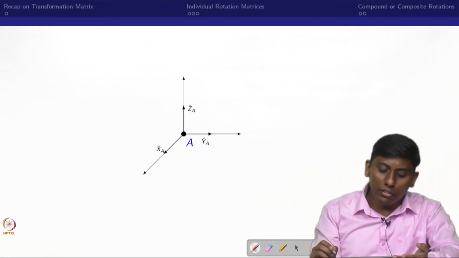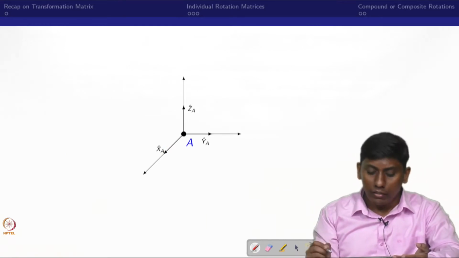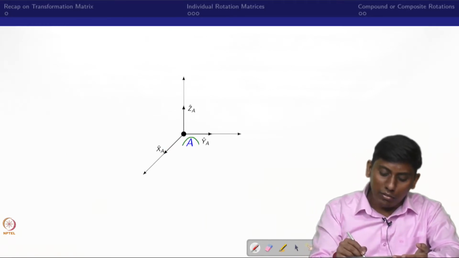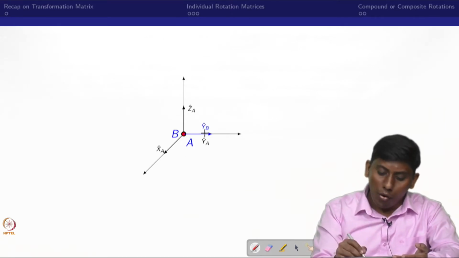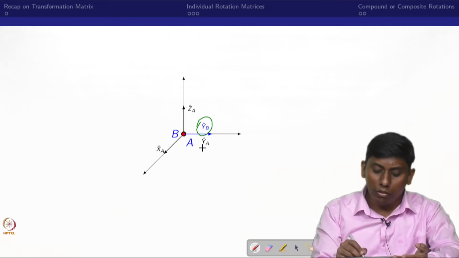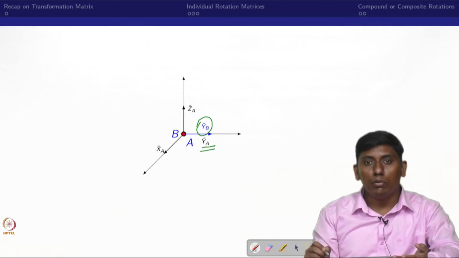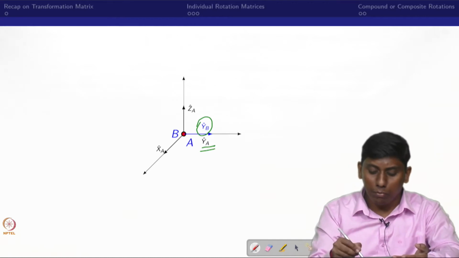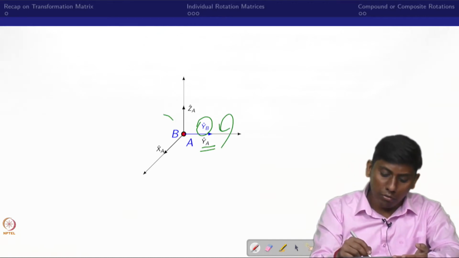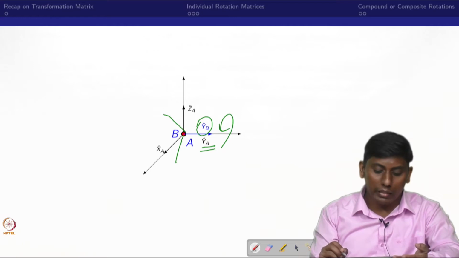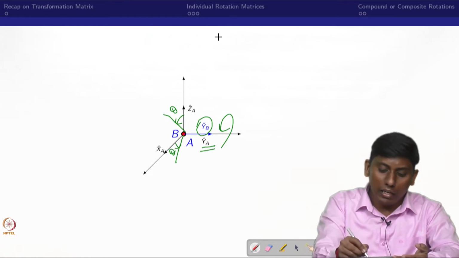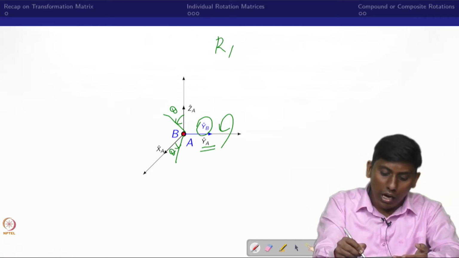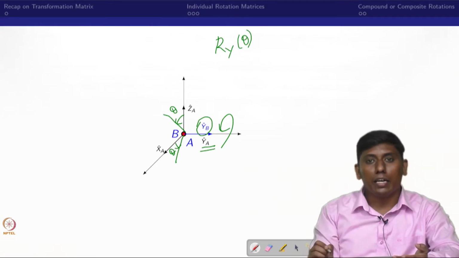In the same continuation, we will do it for the other axes. Now we can see that the A frame is given. Now the B frame has come in such a way that the YB axis coincides with the YA axis. If I rotate with respect to this, this would move, or rotate, like this. I call this some angle, for example theta. This theta angle I can write as RY of theta. Can I write it? Yes.